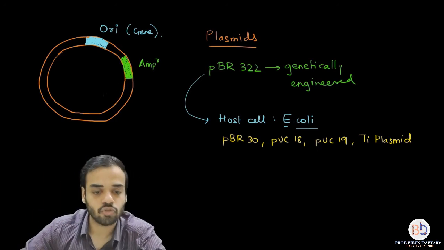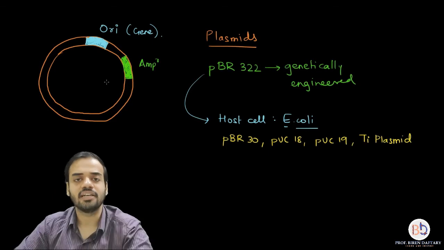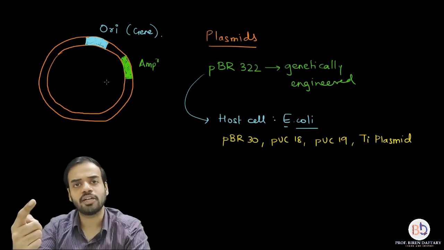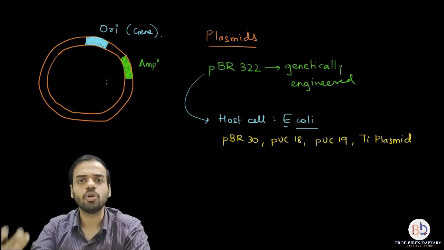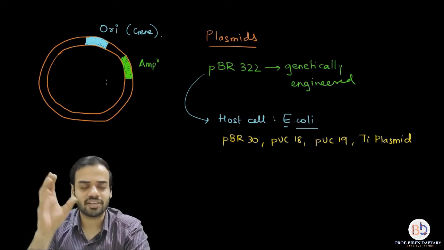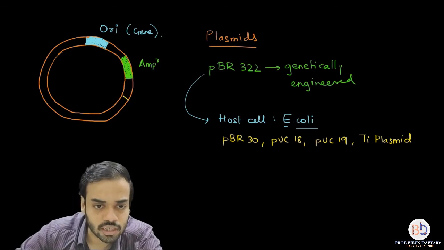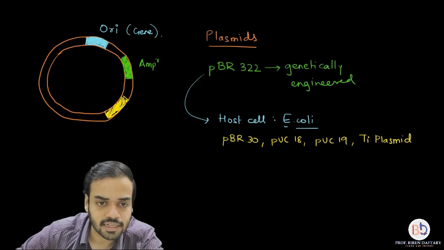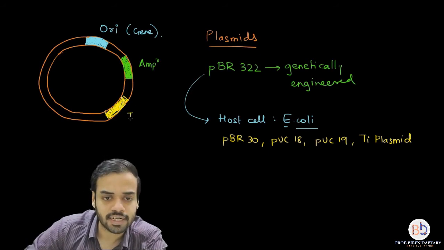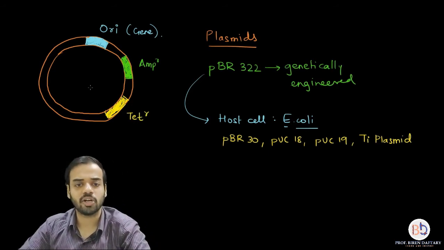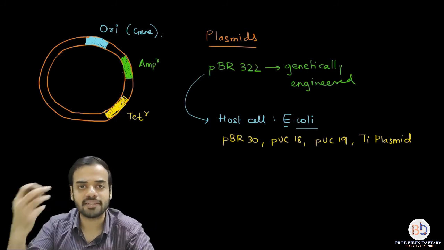Similarly, let us show one more antibiotic resistant region. The same diagram given in the book is slightly different. They have shown only one antibiotic resistant region. I am just trying to draw a separate diagram, so try to understand what I am showing. One more antibiotic resistant region, let us show that with the yellow color. I am going to draw that, and we will call this region the tetracycline resistant region. I will write it as TETR. This region is resistant to the tetracycline antibiotic. The earlier region is resistant to the ampicillin antibiotic.